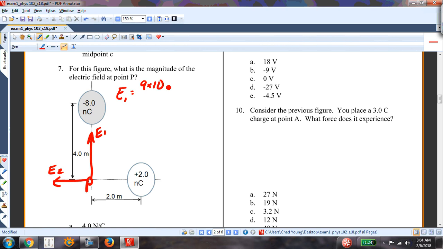That's 9 times 10 to the ninth. Q is 8 times 10 to the minus 9, so leave that negative off, divided by 4 squared. Kq over r squared. But some of these numbers cancel out. This goes away and this just becomes 2. So this is 4.5 newtons per coulomb. And then E2